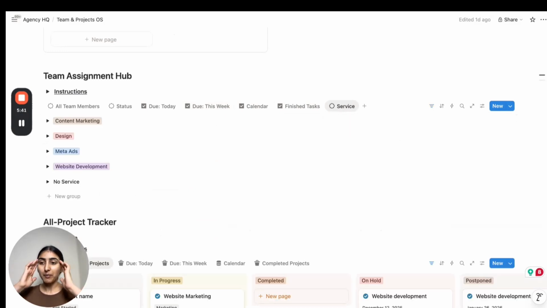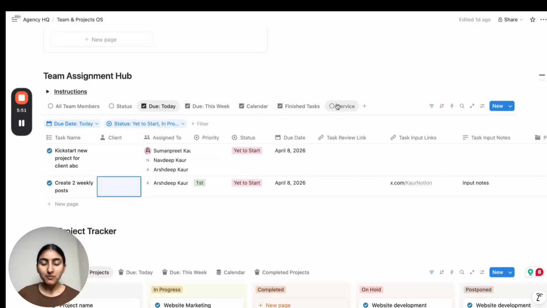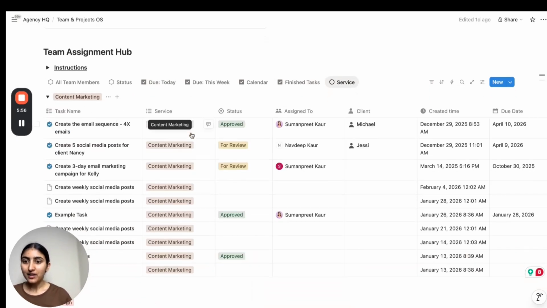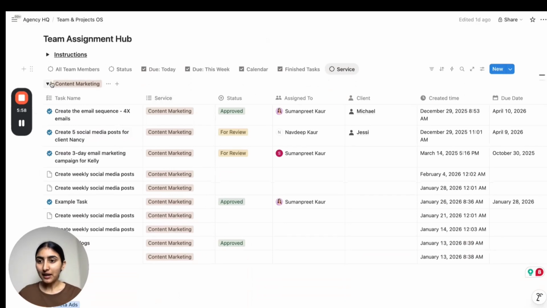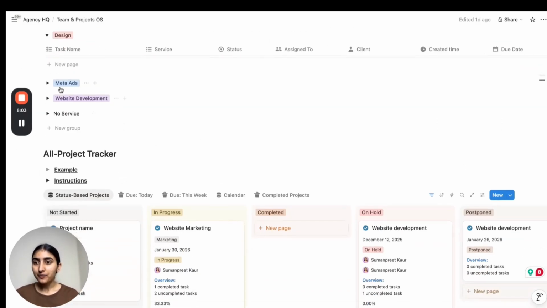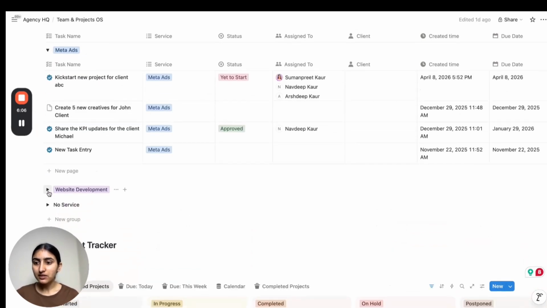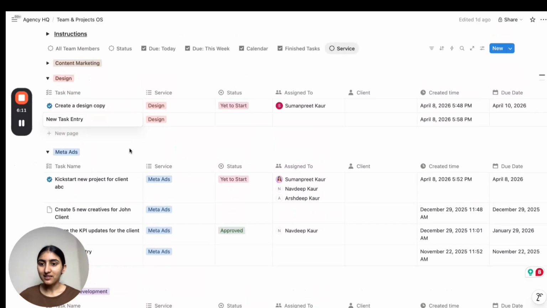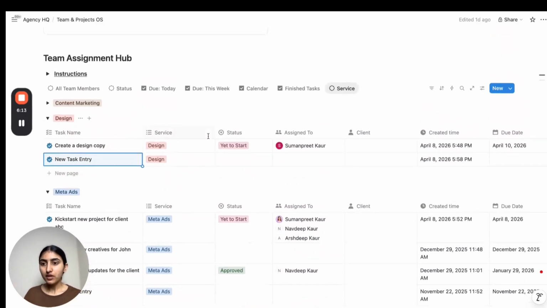Let's assume that you have multiple services you are offering, and now you want to see tasks according to the services. Okay, so whatever things you are adding across this system, everything will be organized under a specific service. Let me show you here. You can see these are tasks under content marketing, organized well, and under the design part, under this other service name, we have another one, and I can just log a task here according to the services in the assignment part.